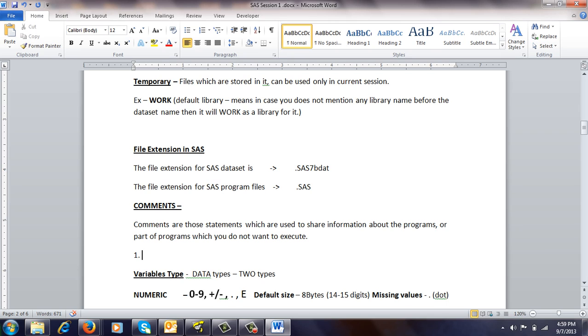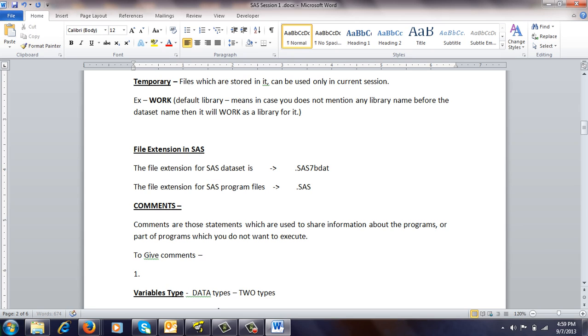You can give comments in two ways. First is /* then your text.